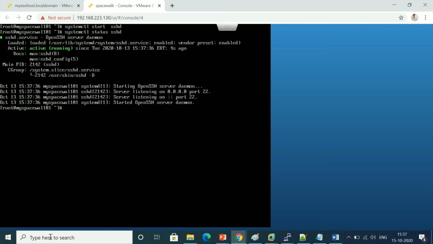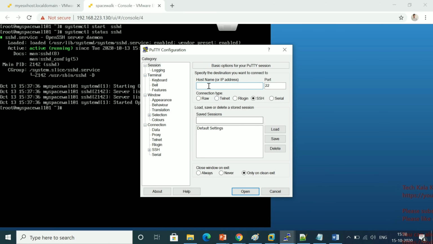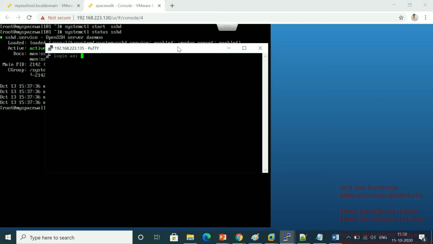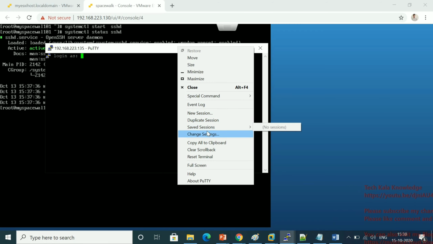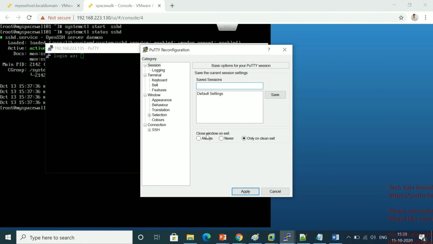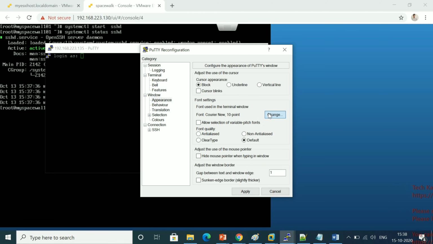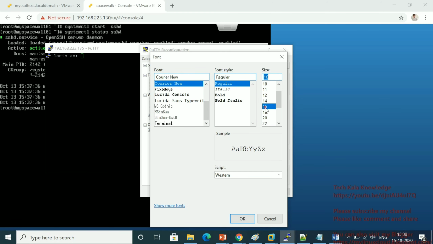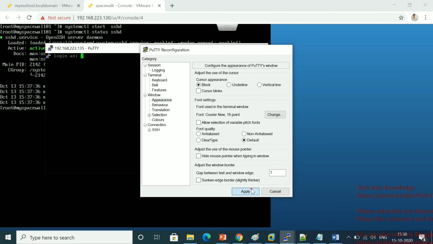Fine. Now let me try to connect to this server through PuTTY and see whether I'm able to connect or not. 192.168.223.135.